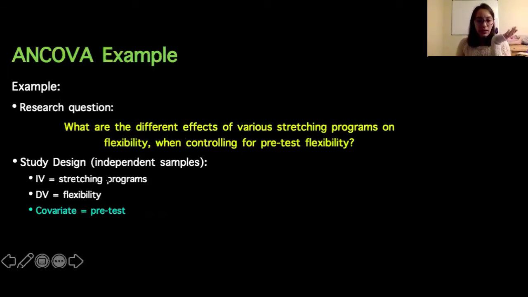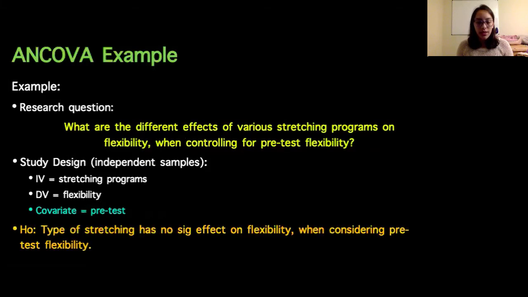We're kind of limitless on the types of stretching programs we could do, but let's say we have 3 groupings of the stretching program, and we measure everyone's flexibility by looking at a range of motion test, for example, right? And so then we would say, we'll take measurements before their program, and then we measure them after the program. Okay, but we're using the pre-test flexibility to kind of control for the flexibility that we see in the post-test